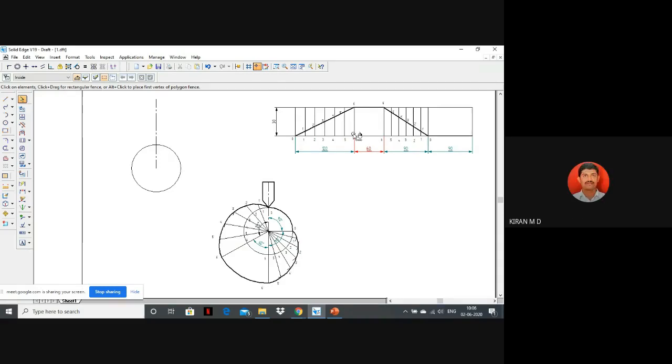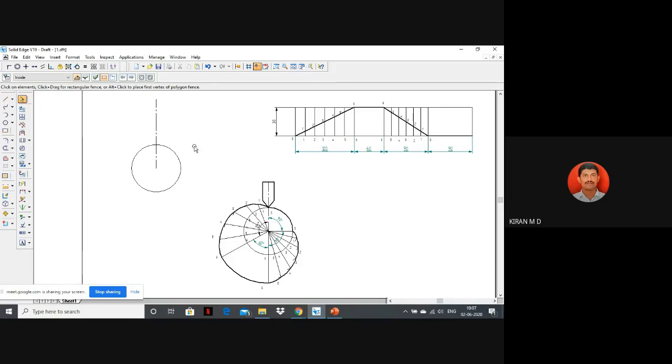Yes, sir. Okay. So now similarly you extend this line. Measure the distance from 1 to 1 dash, just 1 to 1 dash, and cut an arc. 2 to 2 dash, cut an arc. 3 to 3 dash, 4 to 4 dash, 5 to 5 dash, 6 to 6 dash. These distances you measure and cut an arc. Similarly here, 6 to 6 dash, then 5 to 5 dash, 4 to 4 dash, 3 to 3 dash, 2 to 2 dash, 1 to 1 dash, and this is 0. Then you draw the smooth curve. Is it clear? This is the cam profile.